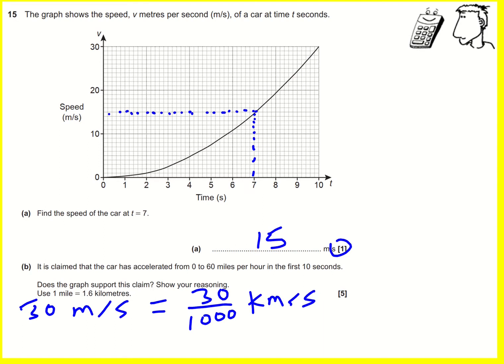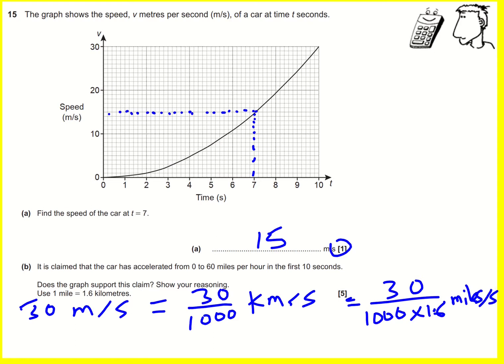All right, let's now change that to miles. So how are we going to change it to miles per second? Well, I know that 1 mile is 1.6 kilometers. Miles is a bigger unit, so I'm going to need to divide by 1.6 to get it into miles. I can write divide by 1.6 here, but there's a better way of doing it. I can simply put it on the bottom of the fraction. So 30 divided by 1,000, and I can times this by 1.6. And this is now miles